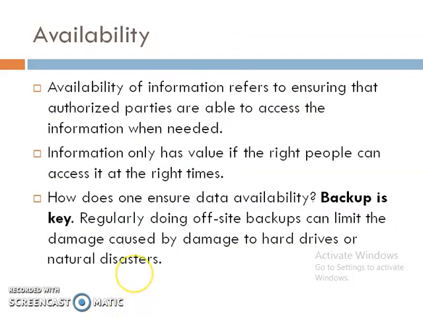availability of information refers to ensuring that authorized parties are able to access the information when needed. Means information only has value if the right people can access it at the right time. For that, backup of data is required for maintaining the